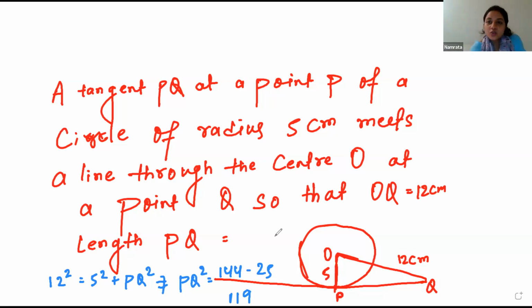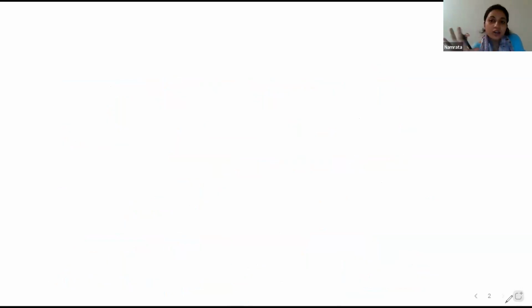Okay, so let's see the next theorem. We are already having the understanding of a tangent of a circle: how many tangents can be drawn, and one theorem related to tangent, that whenever we have a tangent and we draw the radius, that radius must be perpendicular to the tangent. Now the next theorem says